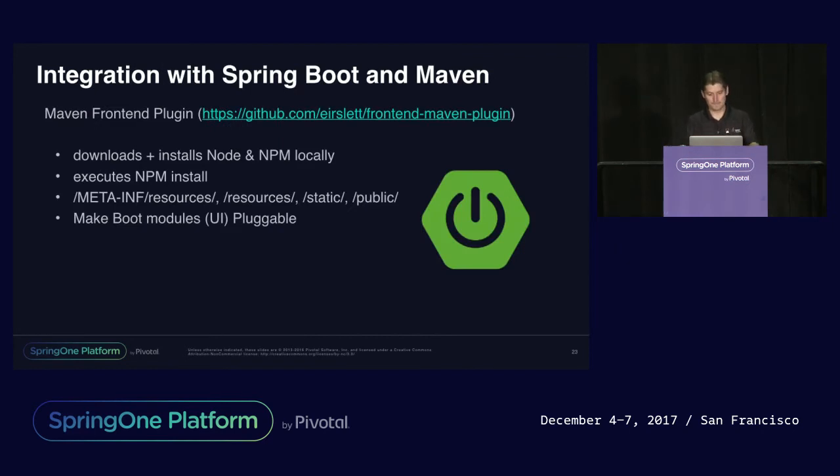On the integration side, on how to get your Angular application back into your Spring Boot application, one of the constants over the years is the Maven frontend plugin. It really worked well for us. It's still the same as it was under Angular 1. Basically what it does, it downloads and installs Node and NPM locally, so you don't have to have it when you run it, for example, in your CI environment. It executes the NPM installation of all your dependencies,